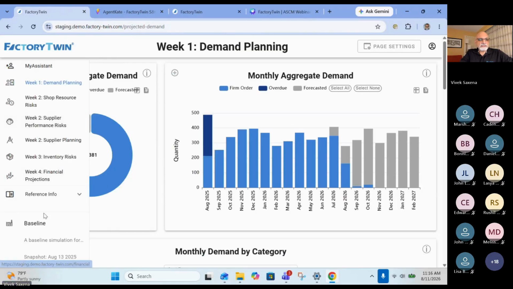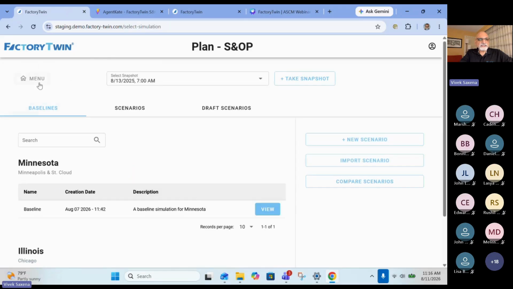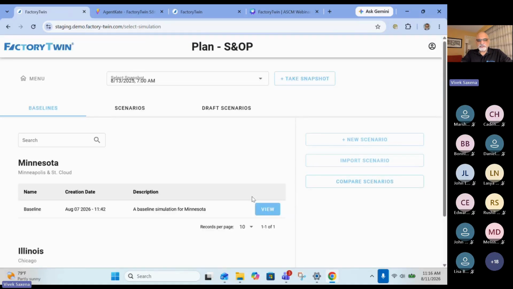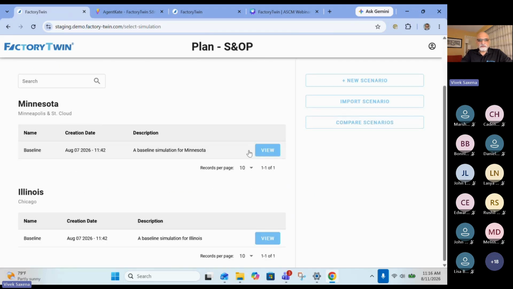So here we are. Essentially, like I was showing you earlier, here are the various modules. Once they get installed in your factory, all that integration of various sources of data has already occurred, and the front end has been activated and validated. Data has been diagnosed and cleansed. And now we're going to launch our S&OPs. The first week of the month, I'm going to start with my demand planning. I go inside and I see